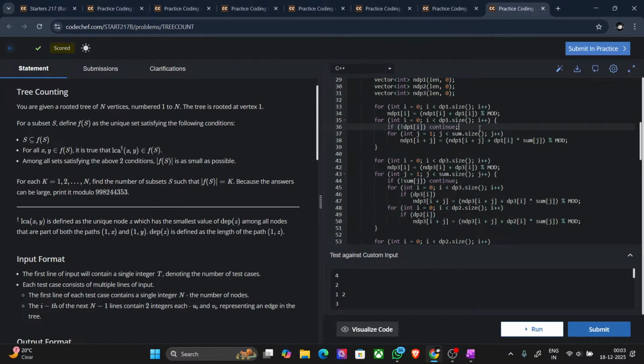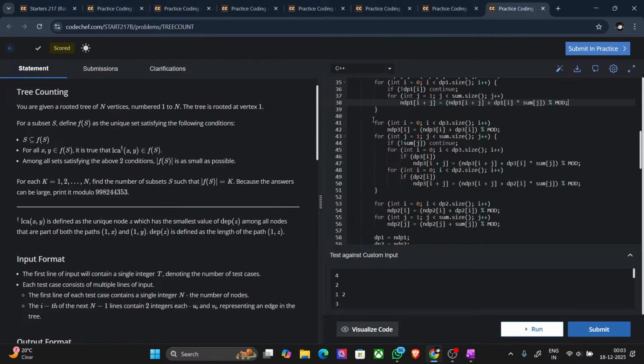If dp[i] is not present, which means the subtree size for that particular element is not there, it is a leaf, then I just continue. Else, I just iterate over the sum and add my sum or the subtree size to my NDP as ndp[i+j] equals ndp[i+j] plus dp[i] into subtree sum[j], modulus mod. Next, for the dp3, I've iterated over dp3,